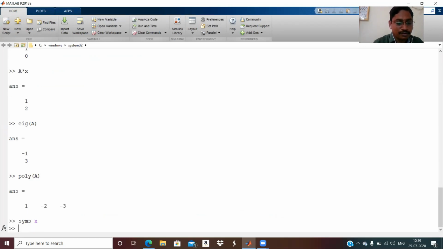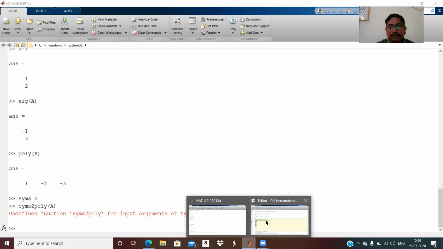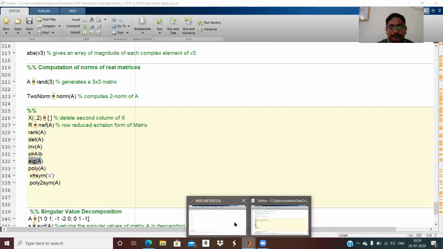Once you declare the symbol, I think this is the command, sym to poly. I have to look up this command. What command is there? Poly to sym is there. Okay.